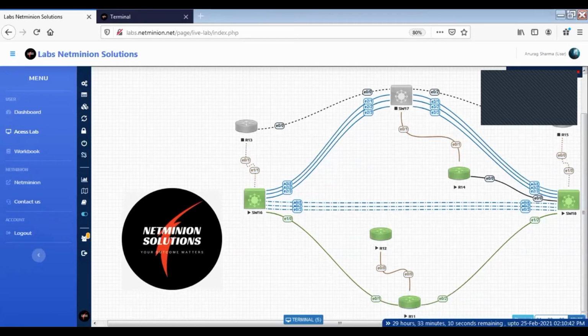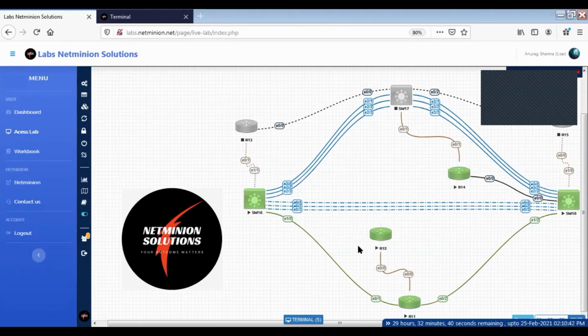I am just working on switch 16, R11, R12, switch 18 and R14. Just see, switch 16 is connected with R11 through E1/0. R12 connects to R11 on E0/0, both sides. R11 to switch 18 is from R11 E0/2 to switch 18 E1/2. Switch 18 to R14 is E0/0.